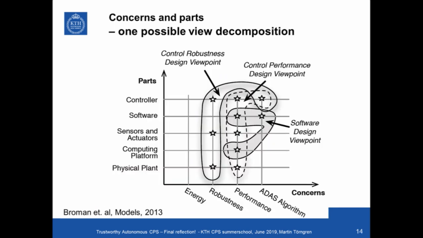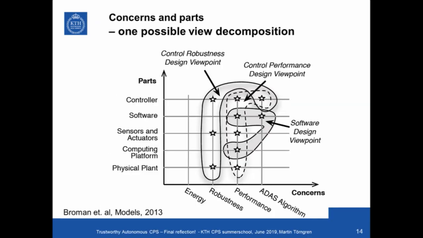So in these things, we talk about different views or viewpoints. Here's just one example. We can talk about different views of a complex system. An example view of a CPS is a mechanical engineer looking at the physical system. For a juggling robot, they would look at what kind of actuators, what kind of linkage. Should it be a humanoid? Should it be an industrial robot type? This is one viewpoint.